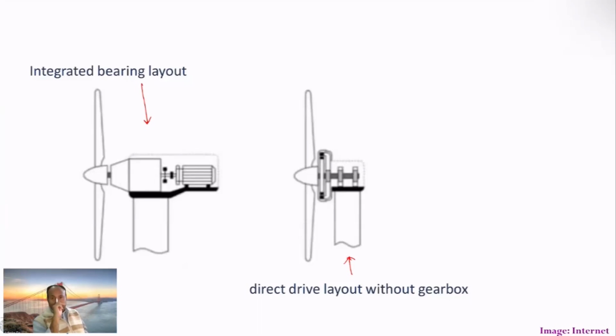So an important thing to note here is that we are talking about some components of this horizontal axis wind turbine, and most importantly, we are looking at the components which are housed inside the nacelle, and they play an important role. So the gearbox, or gear mechanism, is one of those.